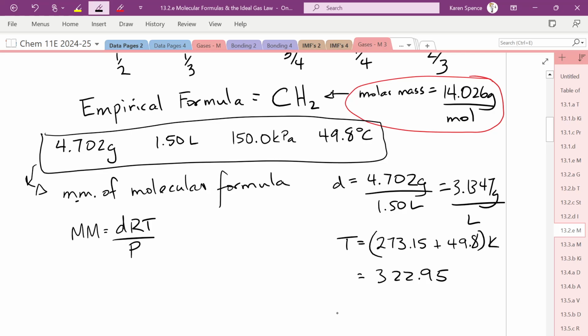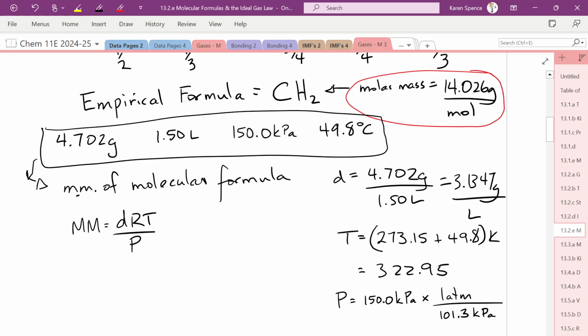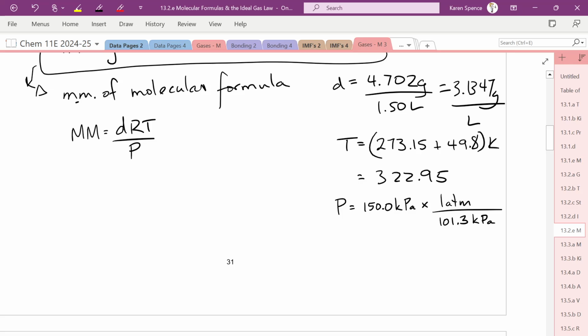And our pressure is 150.0 kilopascals times 1 atmosphere per 101.3 kPa. 150 divided by 101.3 is 1.4808 atmospheres. Good Lord. Okay, so this is then equal to